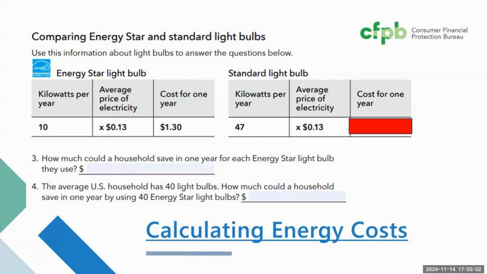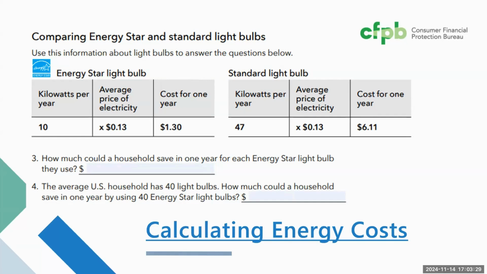Right, a cost for 1 year, it's going to be at least 4 times higher than the Energy Star one. So we're looking at at least $4, right? Maybe 4, maybe 5. Get some estimates from kids, see what they think. Or if they're doing the worksheet, they'll calculate it. $6.11 a year. Well, that's interesting, right?